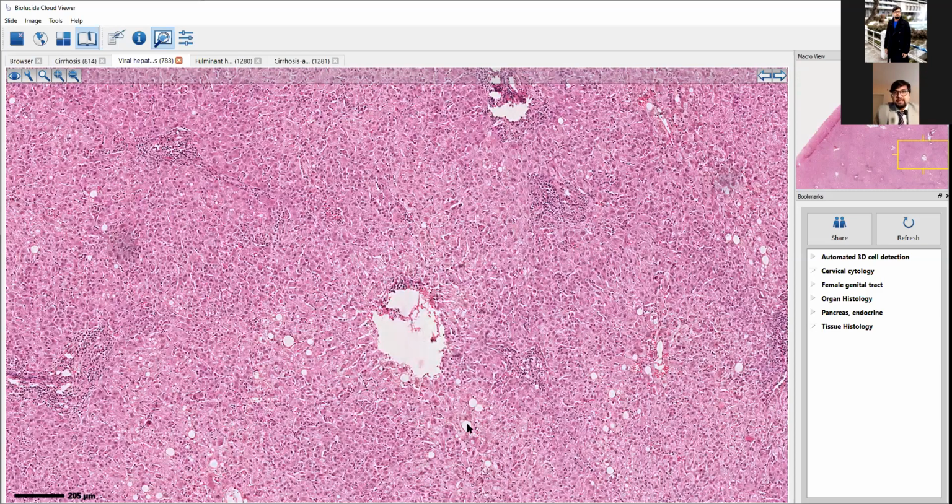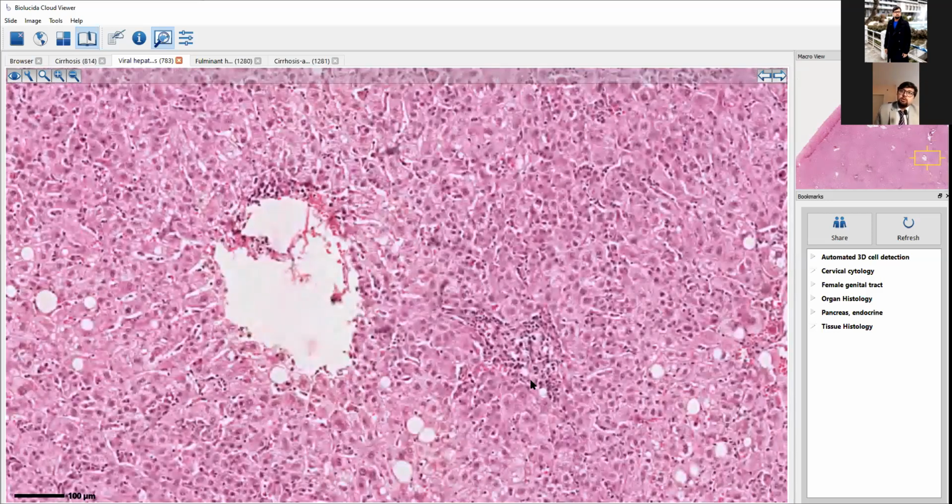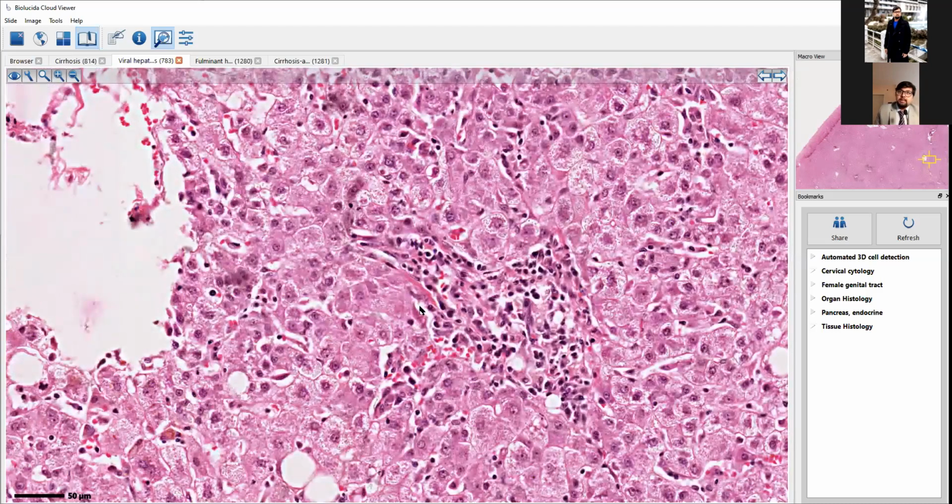Then I see here, there's a lot of fat droplets, right? Then look at this region here. You'll see there are a lot of small blue dots. These blue dots are your neutrophils. As I go closer, as much as I can, you can see they are hardly any bigger than these red dots here, which are all the RBCs. This here is a fat cell. This is a fat cell. And here is some minor fibrotic changes, right?